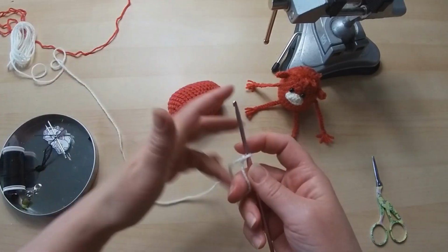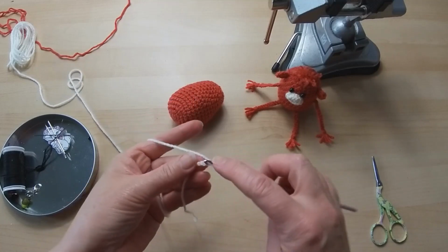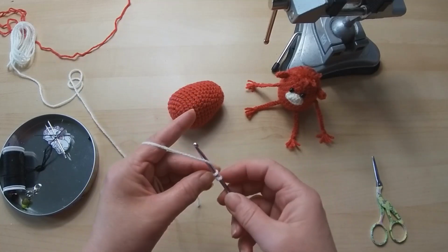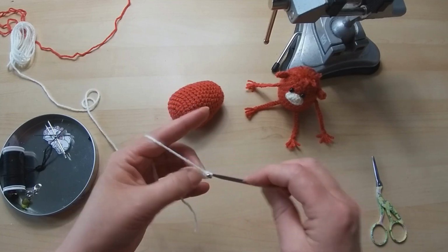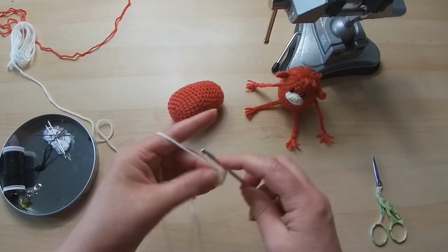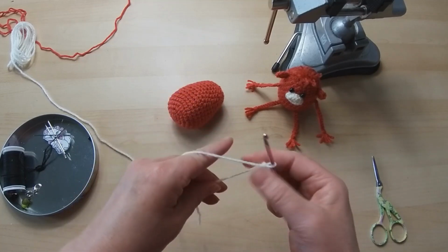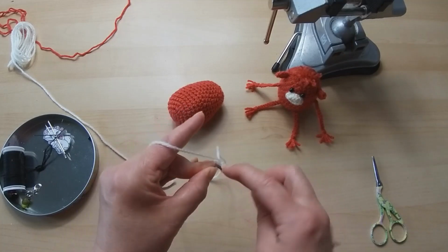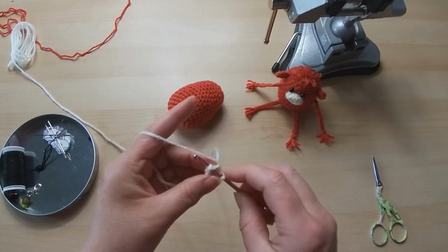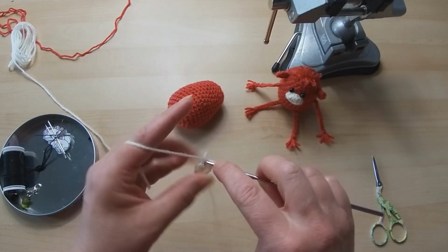So here we go. Slip knot on the hook, 2 chain, into that first chain, 6 double crochets, 1, 2, 3, 4, 5 and 6. Pull it up if you want. Now 2 double crochets into each. I hope this colour's showing up. Paler colours are a little bit difficult. So 2 into each, so that's 1,